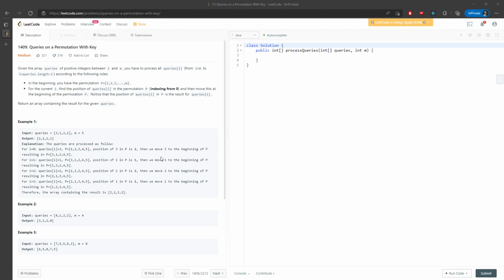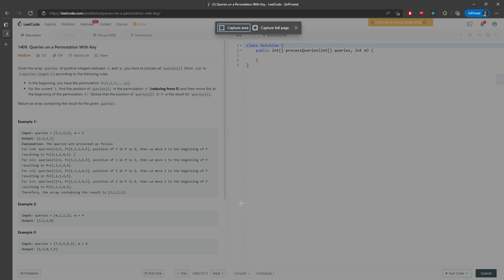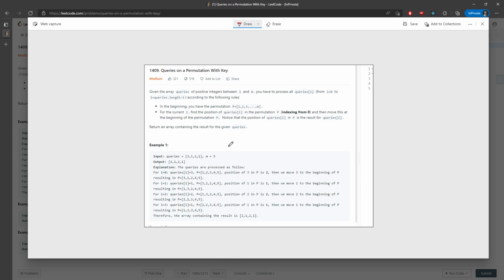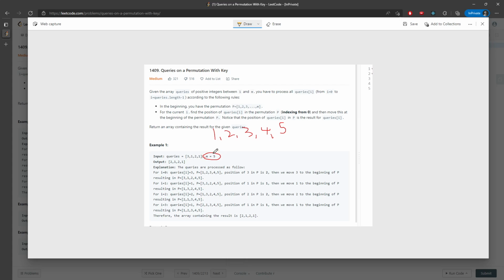Hi everyone, so this question is Queries on Permutation with Key. Basically we are given a queries array and an integer m. The queries array contains the values for the array you create based on this m. So here's the diagram: based on the given m, you are going to create an array from 1 to m, and based on the queries array, you are going to switch the order based on the values inside the queries